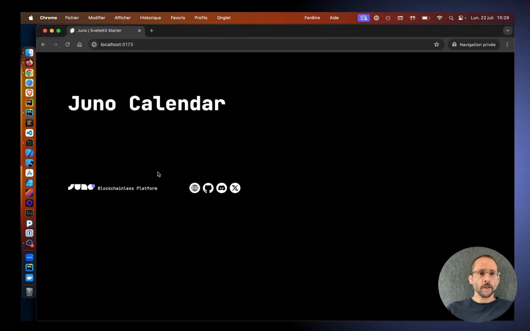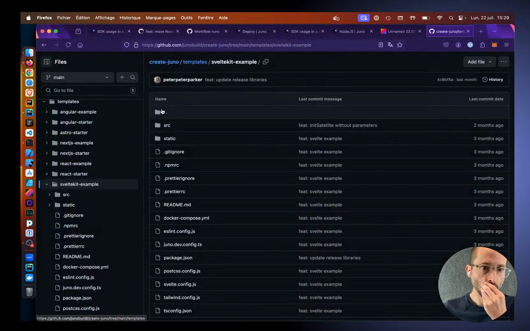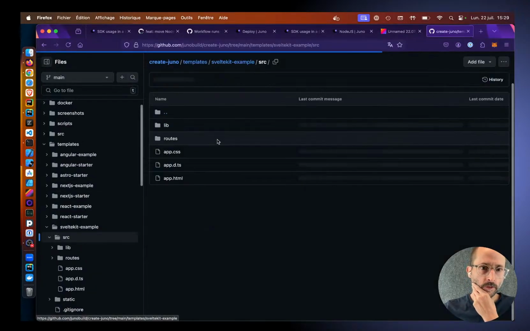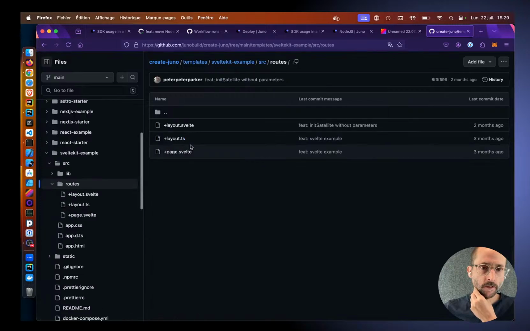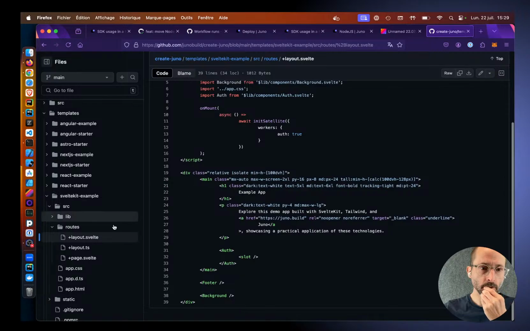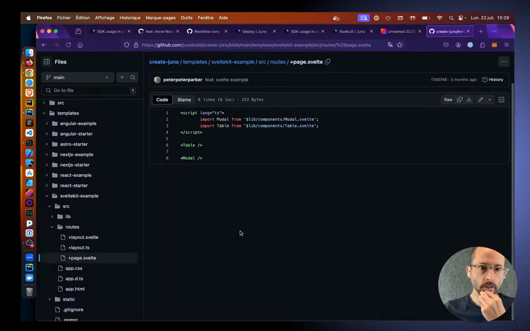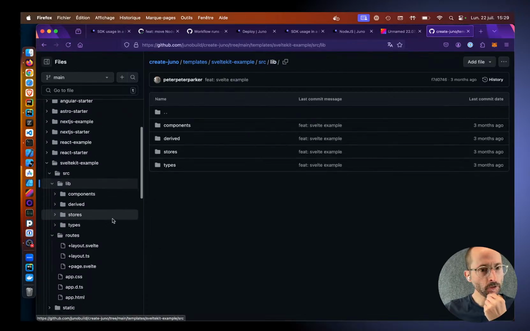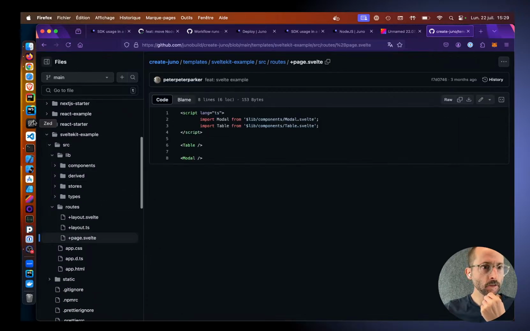All right, nice. So now what we want is to have the authentication in place, right? What I generally do is... I'm not sure if I do that here or here. I'm in the SvelteKit example. Okay, I'm gonna